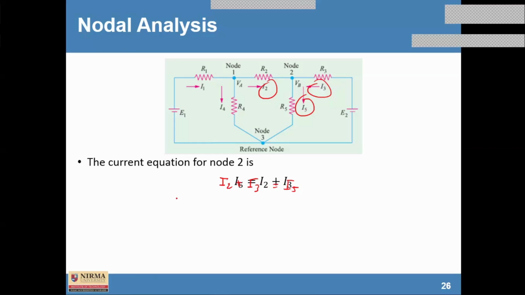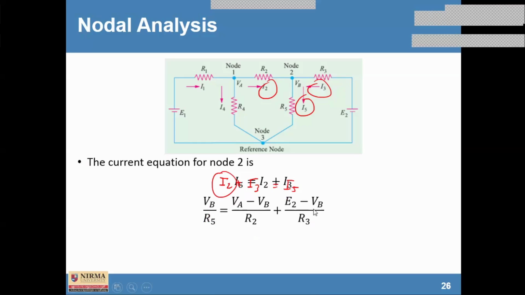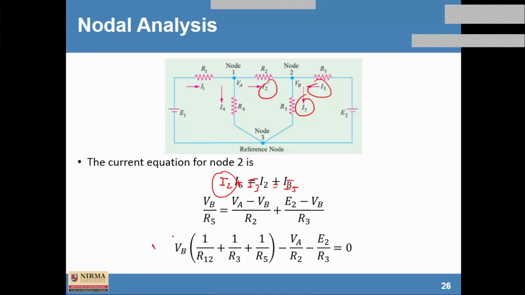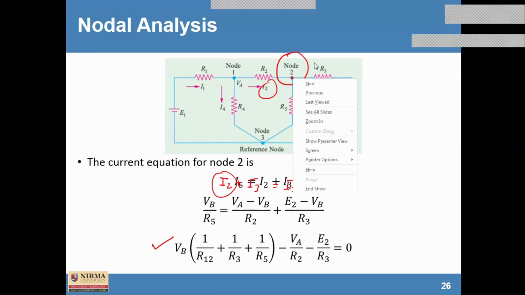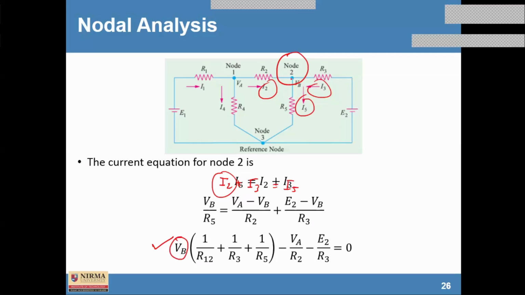Okay, and now we are going to write the expression of I5, I2 and I3. And after that, if we insert the values into all these equations, so here you can write VB upon this, and finally if you solve this equation, you will get this expression, and this expression we can directly write using this node 2. Right, so on node 2 you have to write. Let's see how to write. First of all we will write VB. VB is written because VB is the node potential of this terminal 2.